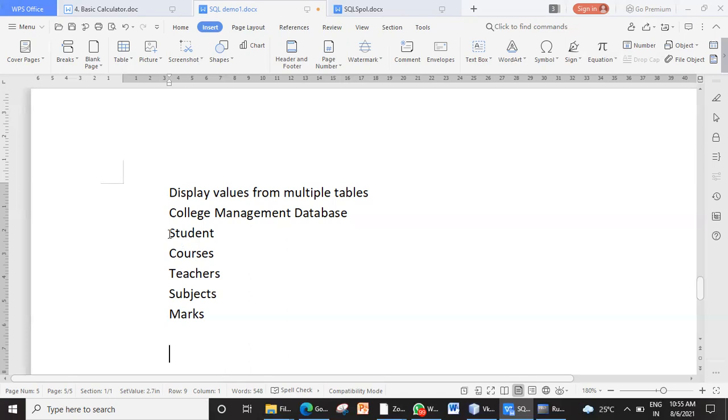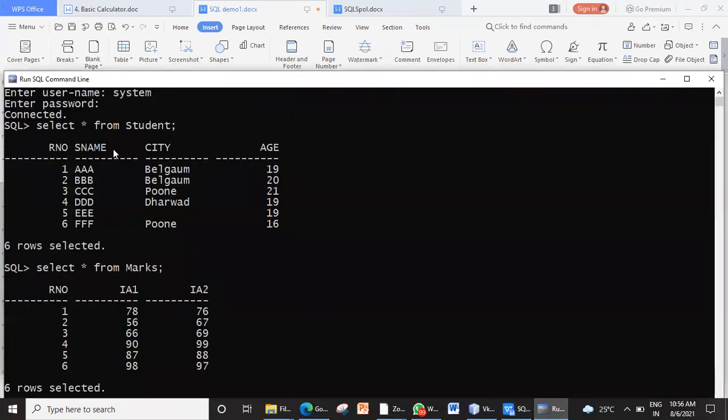Anyways, when the data is bifurcated into multiple tables, sometimes we may require data from multiple tables to view at a time. To give you an example, in our last class, we created a student table and then we created a marks table. Remember that data from multiple tables can be fetched only when the data is related to each other. So ideally, it is always better to create primary key and foreign key relationships before we proceed with this collection of data from multiple tables.